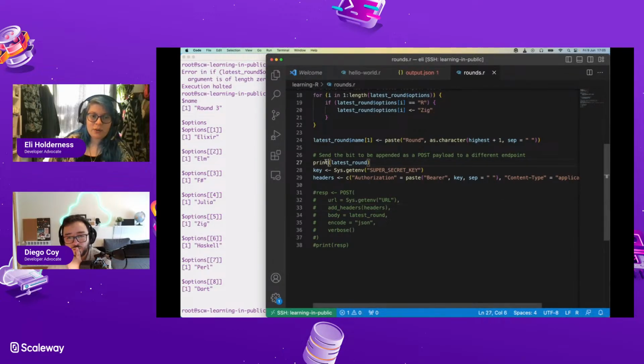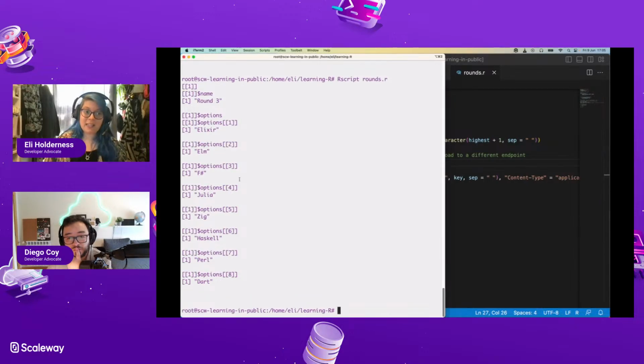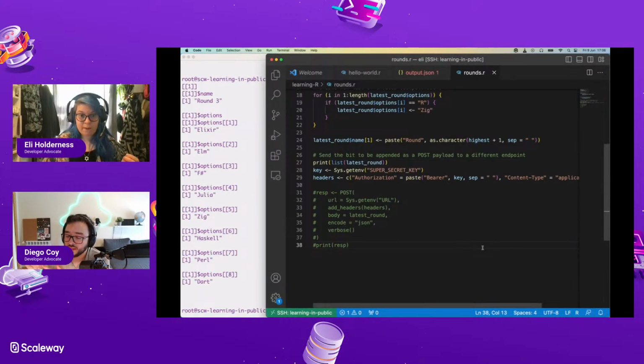So maybe I need to do list latest round. See that? Yeah. And that nests it one more time, which I think is what we actually had before when it initially came out of the request. What if you set it up manually, like list, within that list, you define the name as latest round, $sign name, then options, latest round, $sign options.